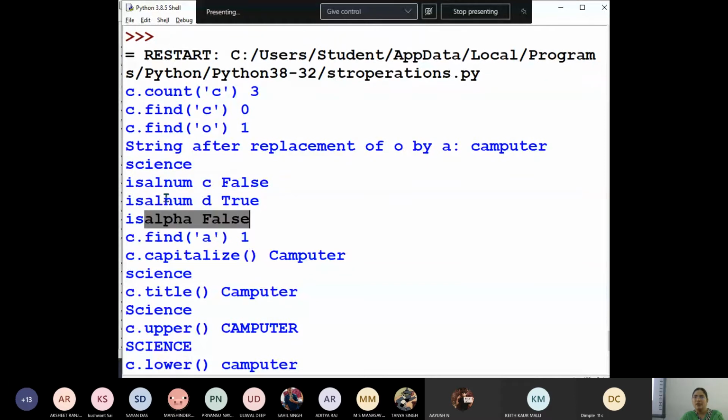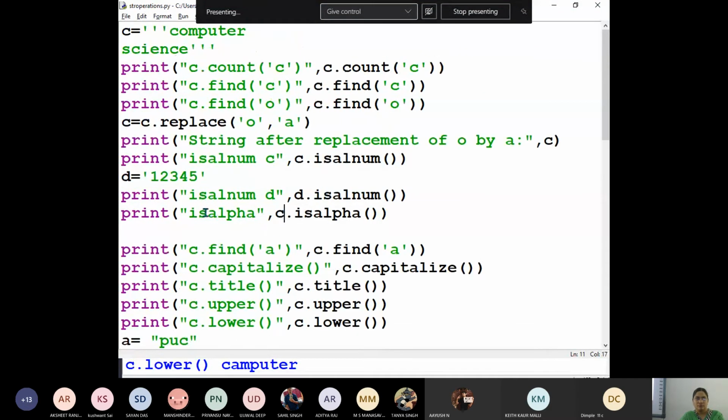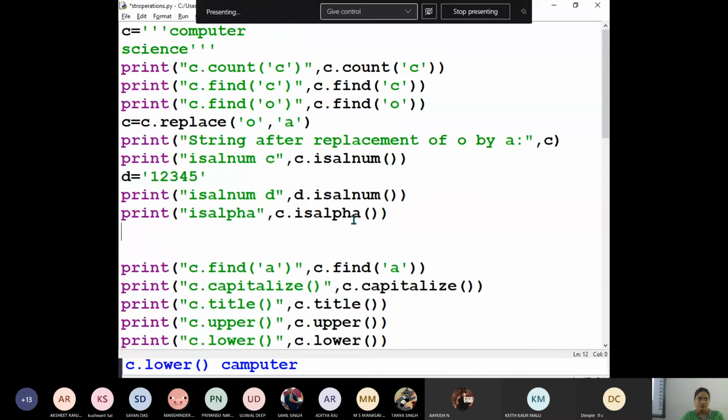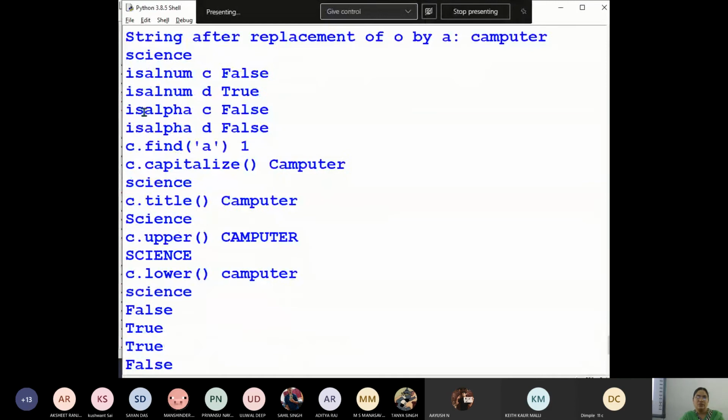Is alpha? Is alphabet? 1, 2, 3, 4, 5. No, this is false. But if you look at is alpha, so is alpha C false, is alpha D false.